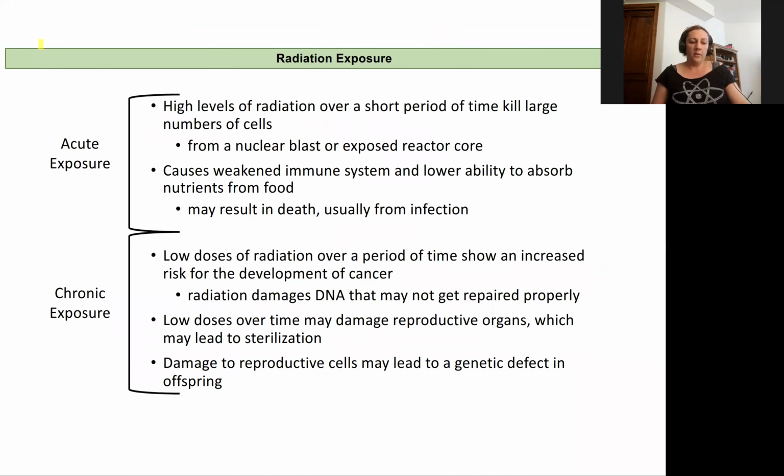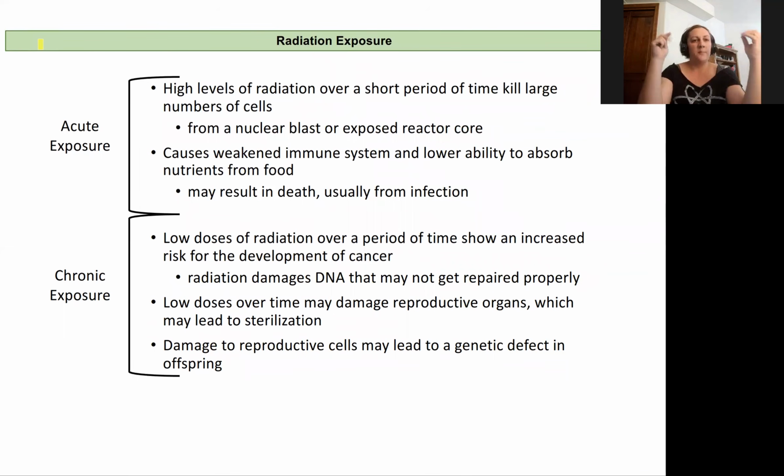So there's also a real difference in how your body responds to acute versus chronic exposure to radiation. An acute exposure would be a really high level of radiation over a really short period of time. When that happens, it's going to kill a large number of the cells. This might be from a nuclear blast or being exposed to a reactor core. And this is going to weaken the immune system, lower the body's ability to absorb nutrients from food, and it can actually result in death, right? With an acute exposure, usually people are going to end up dying from infections